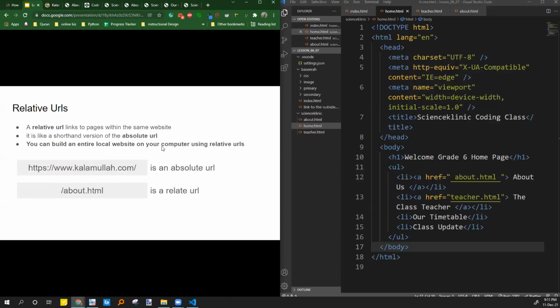So I said it is just like a shorthand of absolute URL. You can build an entire website on it. I mentioned it yesterday that you want to build a website on your desktop. Nobody else can access it from another place. But anybody that comes to your desktop will be able to